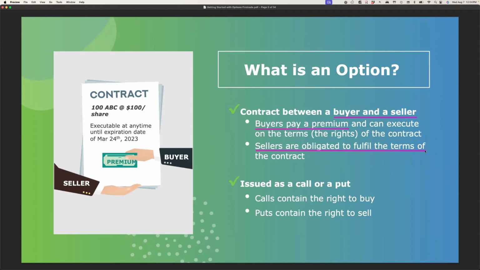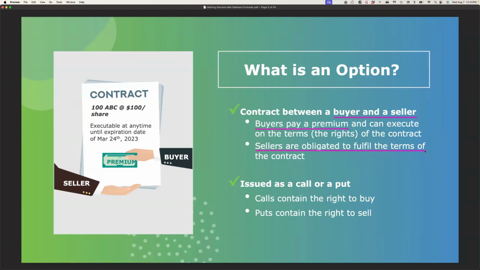You can think of it almost like an insurance contract to some degree. There's a buyer of an insurance contract and a seller of an insurance contract, and the buyer effectively has the right or the ability to execute on the terms of the contract if it is favorable to the buyer, and then the seller of the insurance contract is effectively obligated to fulfill the terms of the contract if the buyer chooses to execute on the terms. There are obviously terms that have to make sense for the buyer to execute, but I think that's one of the more